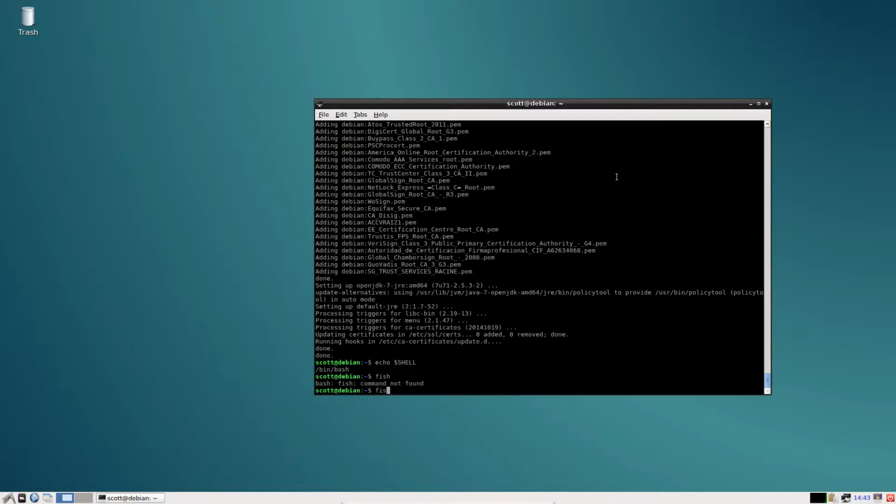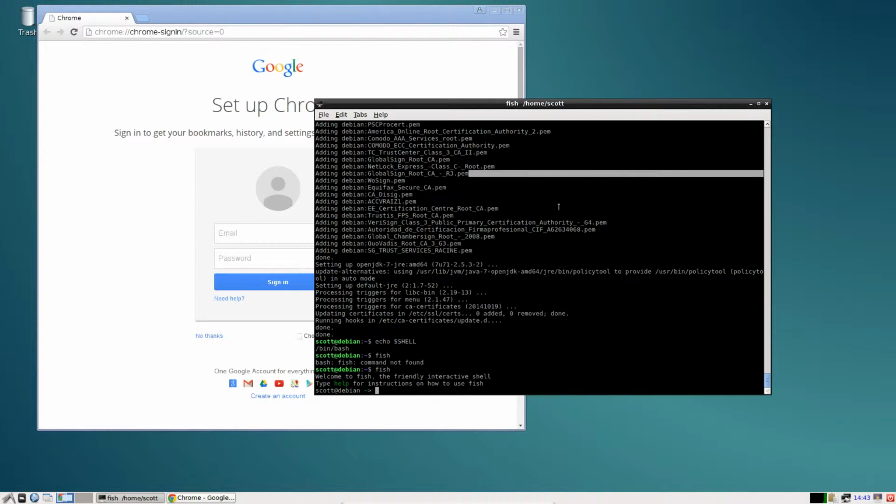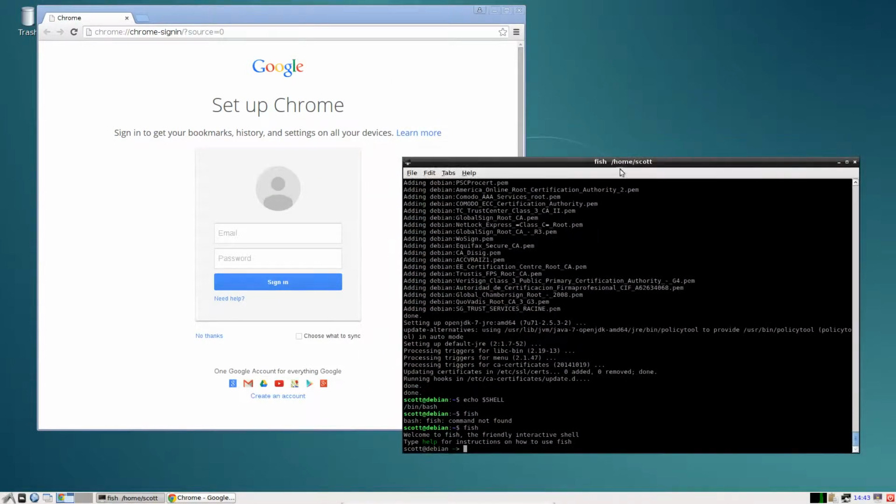While that's going, I'm going to install fish here. Here we go. And like I was saying before, this is autocomplete stuff. It's really rather intuitive. I prefer it more than bash. In fact, let me show you how to make this permanent. If you have root access, there are other ways to do it using bashrc, but I find this way much more preferable. And what we're going to do is we're going to edit